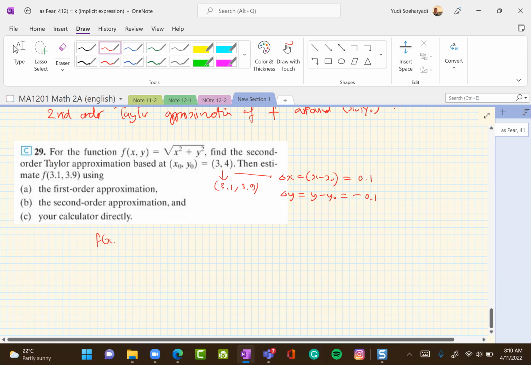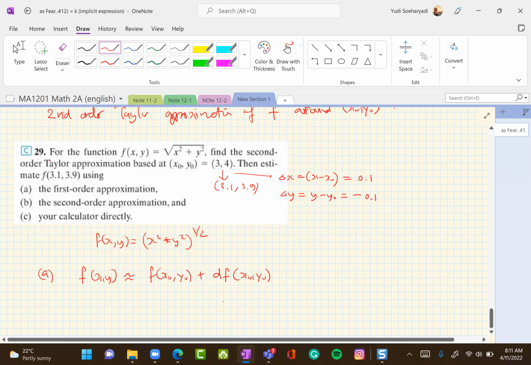Okay, so f of x, y is x squared plus y squared to the power 1/2, that's the square root. Okay, so A, first order approximations. Using first order approximations, we have f of x, y is approximated by f at x naught, y naught plus